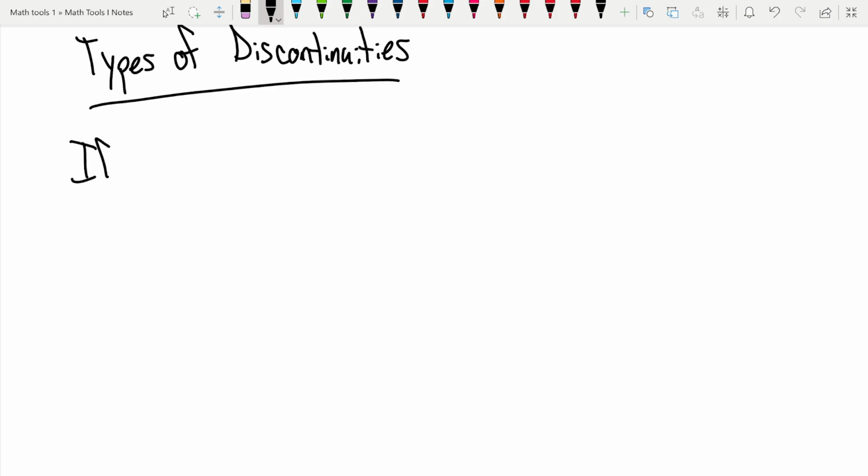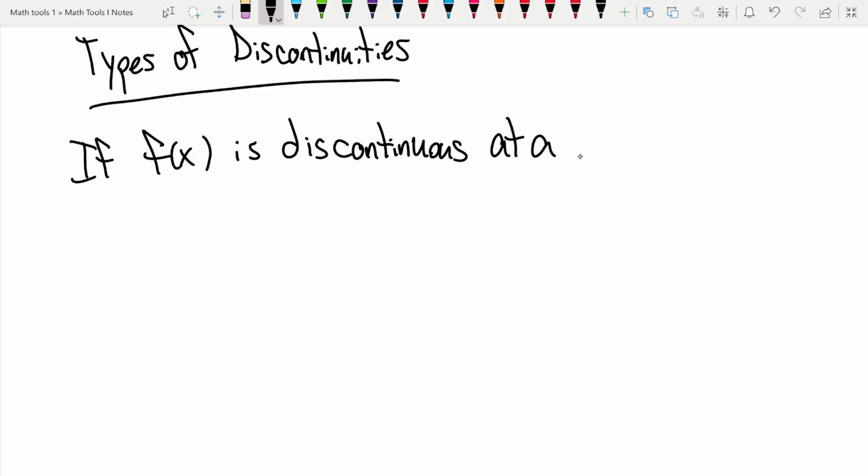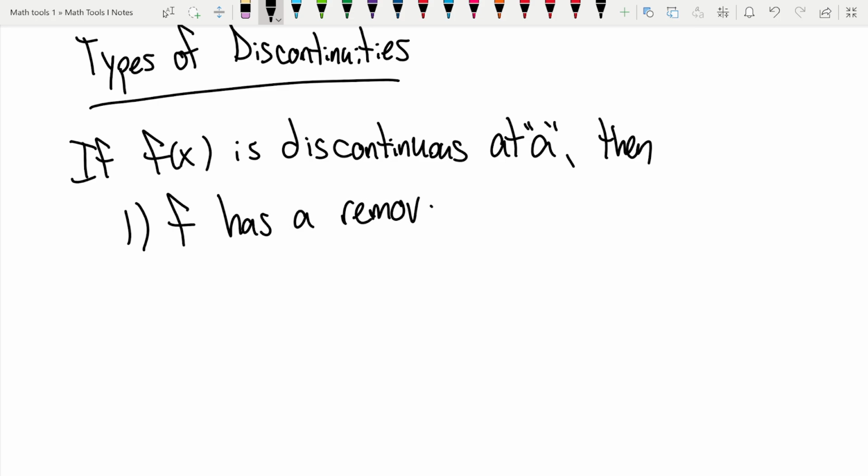So if f of x is discontinuous at a, I said in the last video that the word discontinuous sounded kind of funny to me, but I guess that was just me. I see that word being used all over the place. So if f of x is discontinuous at a, then f has a removable discontinuity